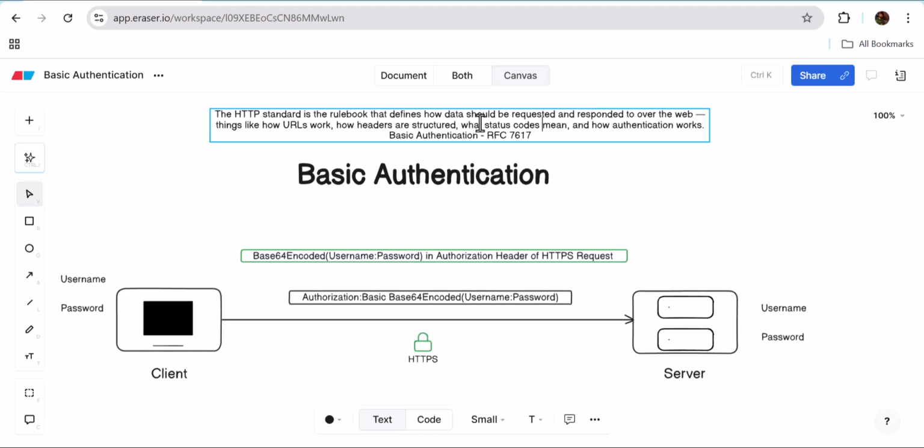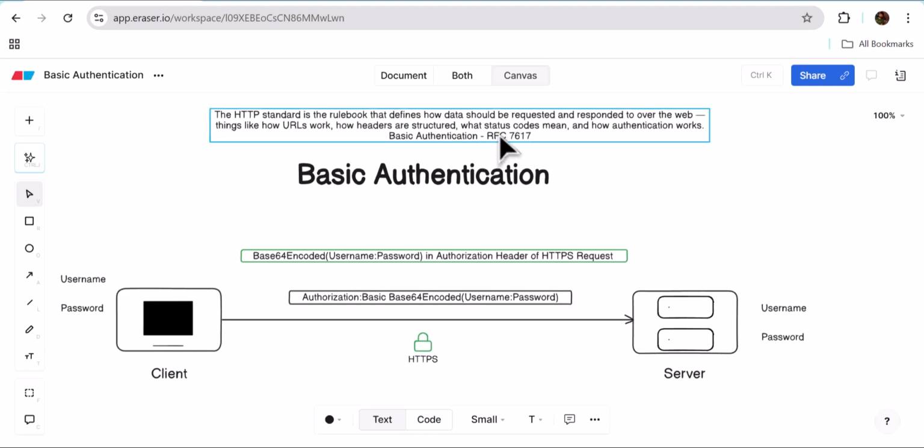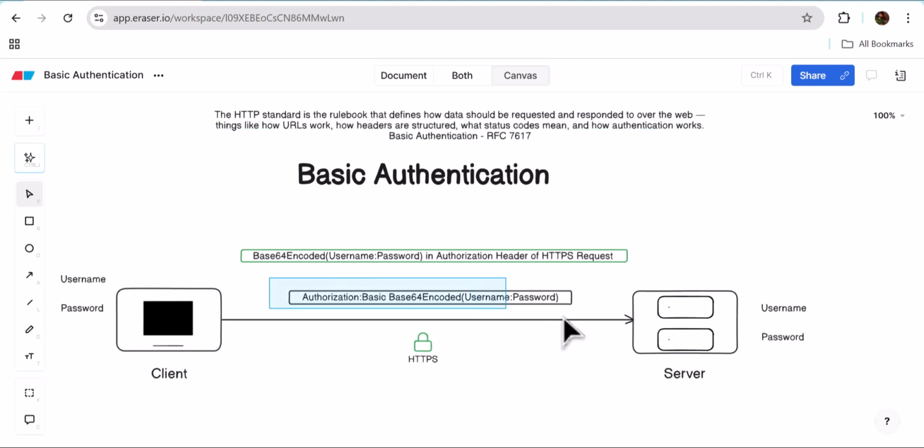So if they have to follow any authentication mechanism, they have to do it following what HTTP standard says. And for basic authentication, HTTP standard has defined this format, that for basic authentication you have to use this format only and no other format. And the particular standard in this rule book for basic authentication is this RFC 7616. So you can just Google this RFC 7616 if you want to go into more details. Yeah. So this is the standard which defines the basic authentication as per HTTP standard, and the reason why you have to follow this particular format or syntax of the header,